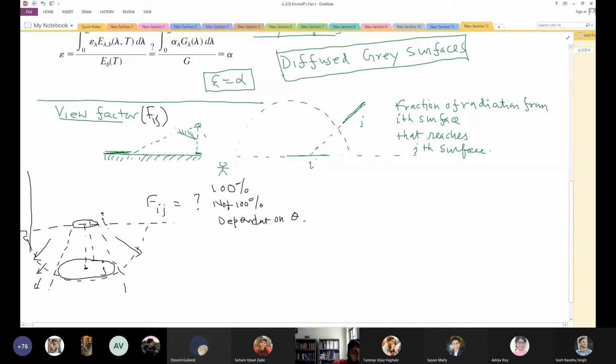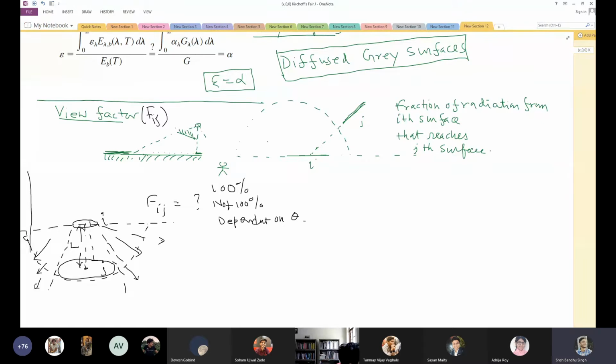Otherwise, a part of the radiation, however small, will escape, and that also depends on the distance. My purpose of asking this question is to get these things running in your mind: it depends on various factors, and it's not necessarily true that some small thing will always give everything to a big thing. The bigger one, of course, will give an even smaller fraction. So now the question is how we get this fraction. Any additional comment on this: 0, 100%, not 100%?